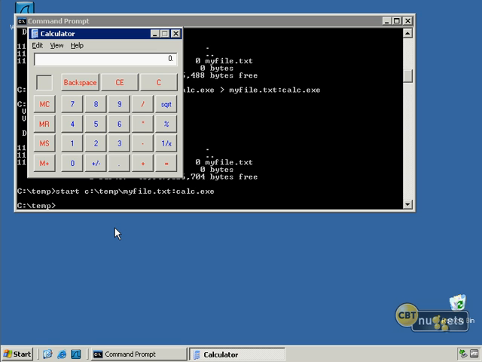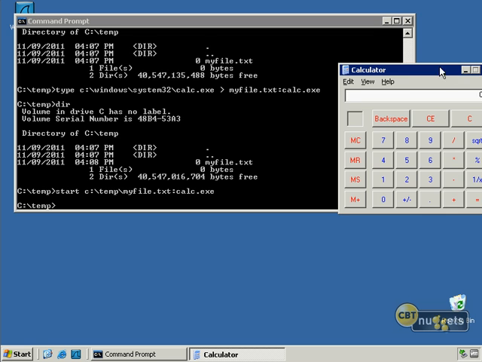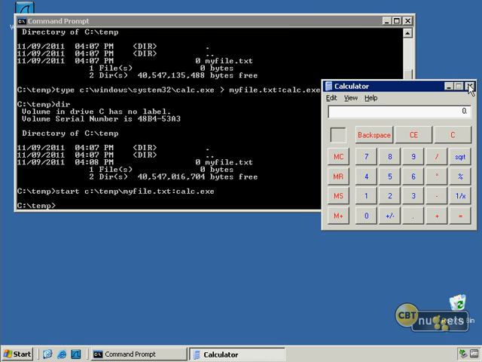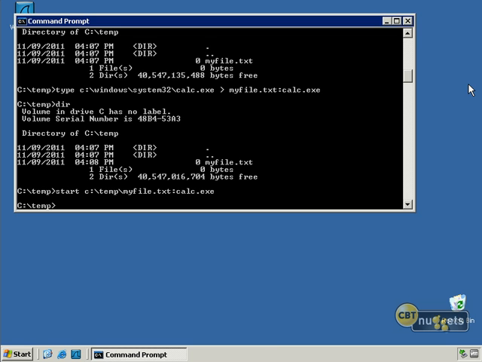There's my virus. There's whatever it is that I want to open up, and this could be, again, any executable I want it to be, or a set of instructions, or something, a script, whatever. Okay, so you can see that this kind of thing could be quite dangerous. Now, there are some antivirus products out there that would be able to detect this kind of a malicious payload in an alternate data stream.